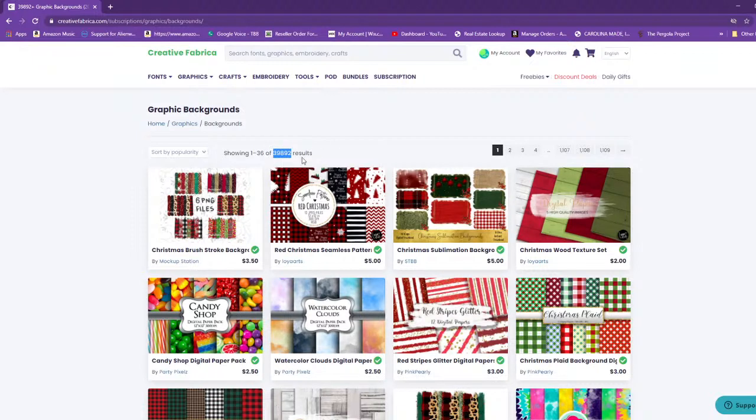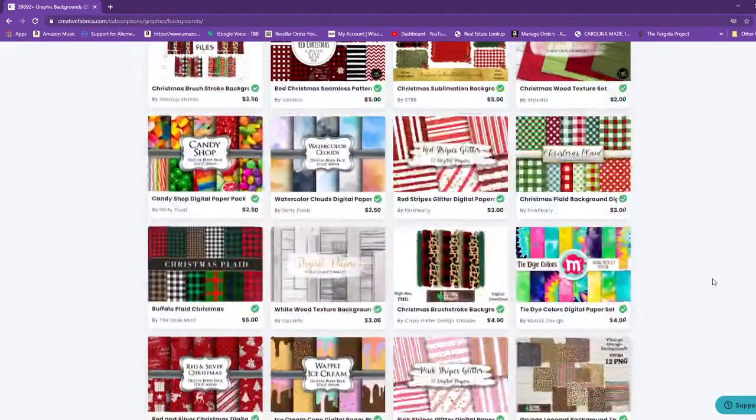They have 39,892 options for backgrounds. Or in other words, this is page 1. Their last page is page 1109. So needless to say, you should be able to find something that you can use to be creative, to sublimate on anything that we have here in that I showed you that you can sublimate on. So for instance,